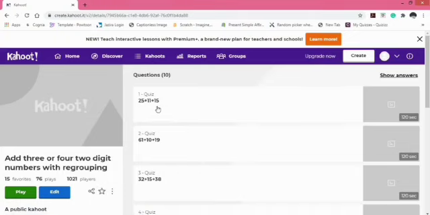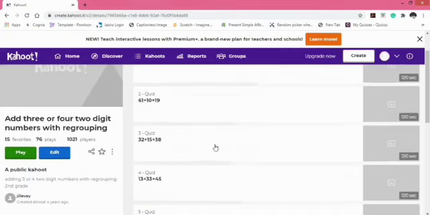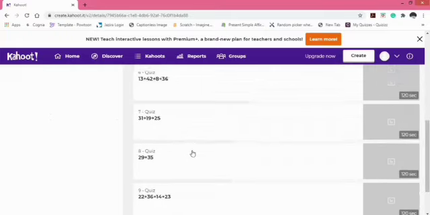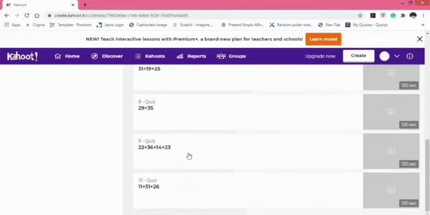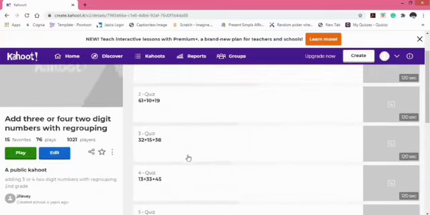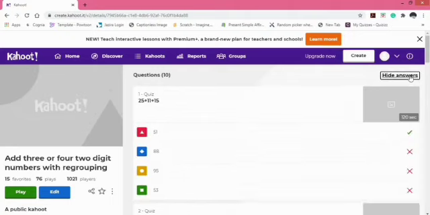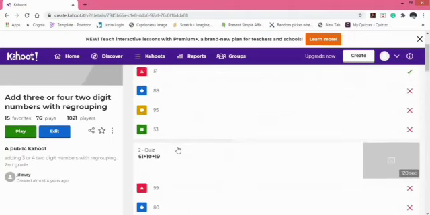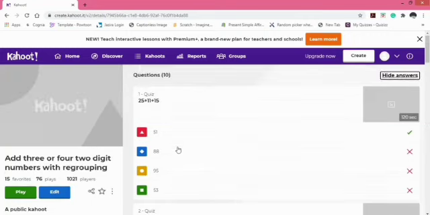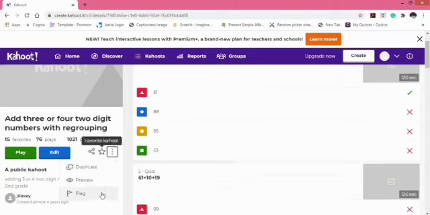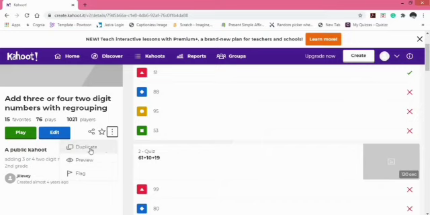Here we are. All of these are the questions which are gonna appear in this game. On the right, you can see the pictures which are gonna appear, and if you click this show answer button, you can see the correct answer along with the other options. If you think that this Kahoot is ready, then click play and you'll start a game. But if you want to edit it or make any changes, click these 3 dots and click duplicate.